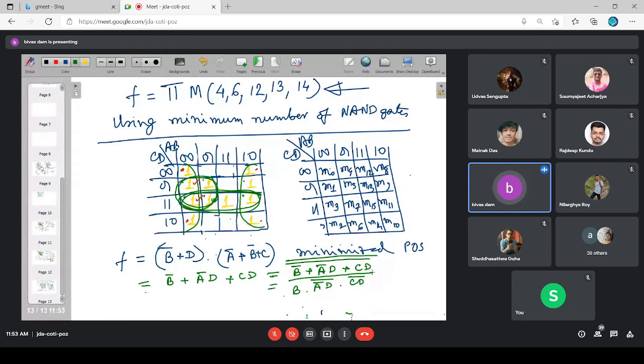There is no need to draw the circuit diagram. Once you express the function in this format, anybody will understand that this is in the NAND format. Here, this is one NAND gate, this is one NAND gate, and this is another NAND gate. But if you leave the function in this format, it is not the final function realization using only NAND gates. So you must come to this particular expression.